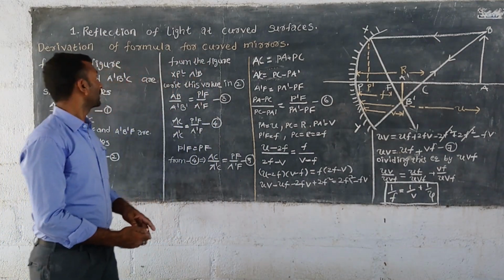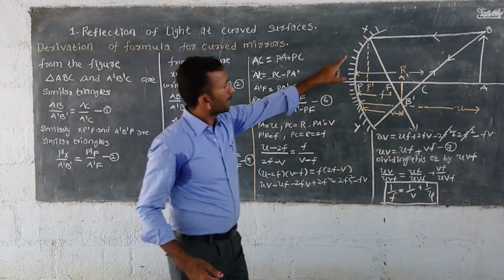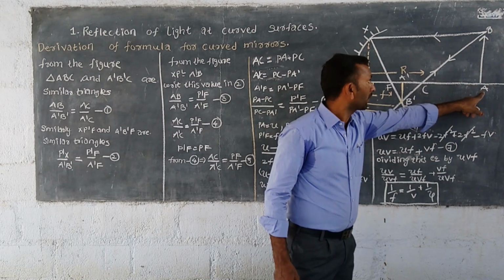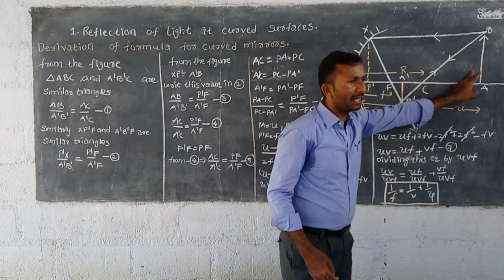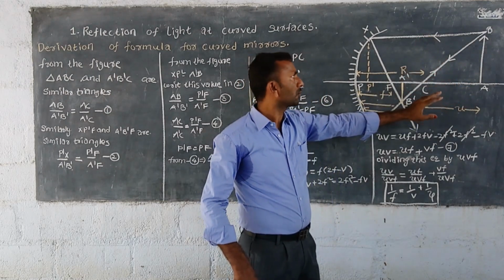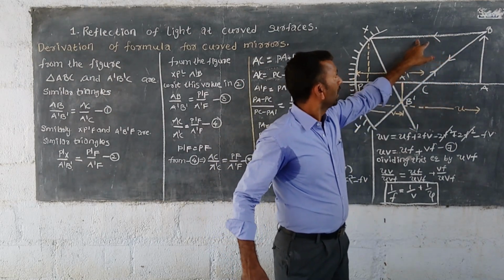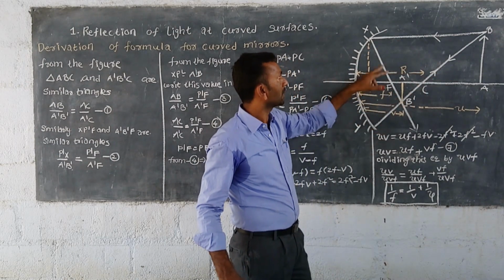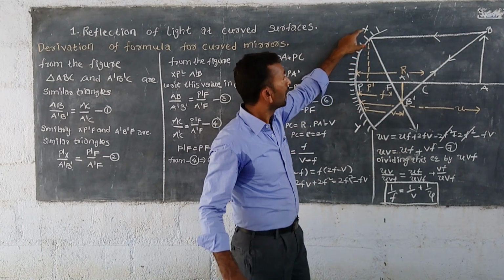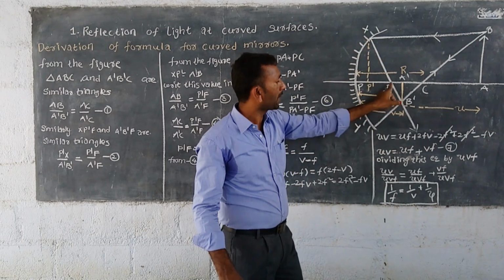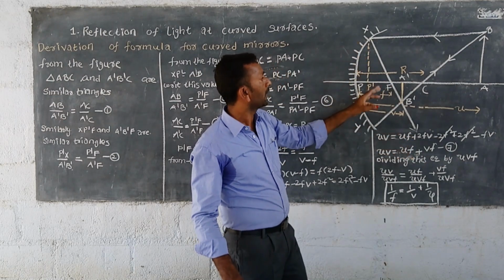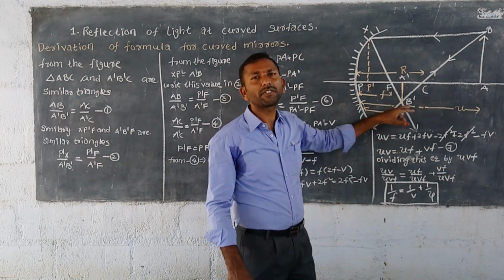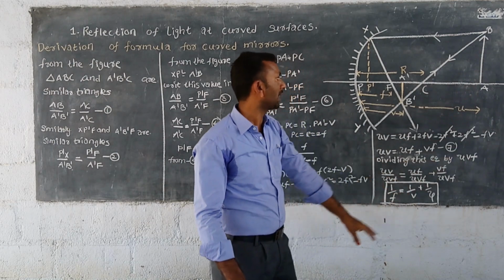Okay, once again revise this. First, take a concave mirror and keep any object in front of the concave mirror at any place, that is AB, and each time we take two light rays. The first light ray is parallel to the principal axis and the second light ray is going to the center of curvature. The first ray incident on the mirror at point X is reflected back through the focal point of the mirror, and the second ray going to the center of curvature, incident at point Y, is reflected back through the same path in the opposite direction.